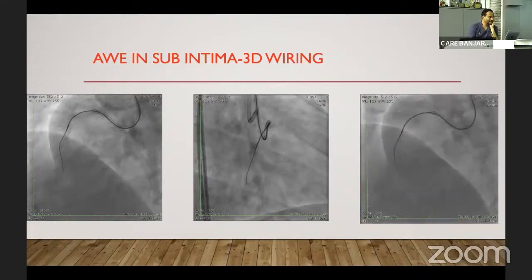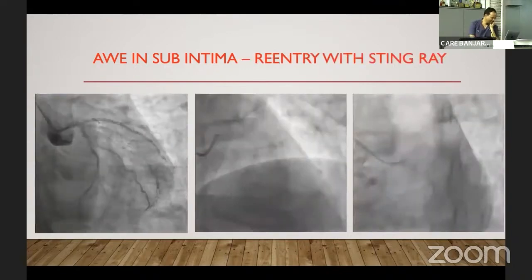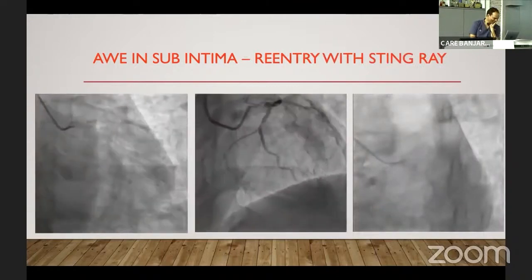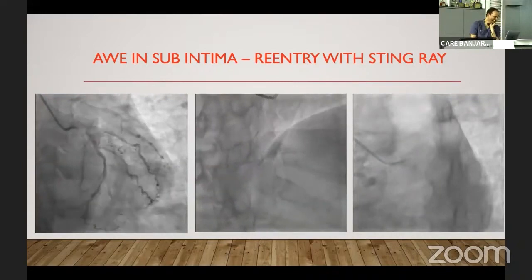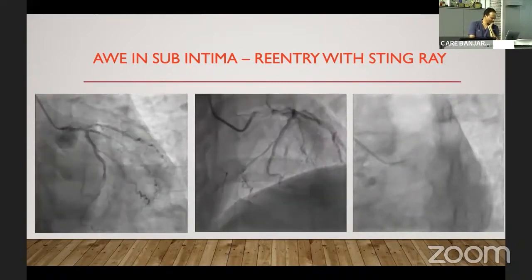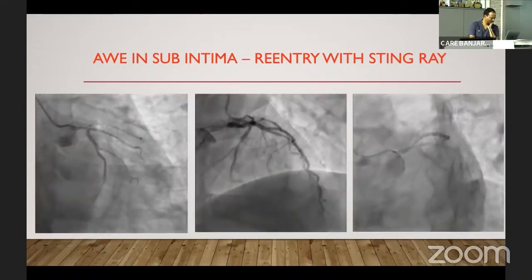So IVUS guided 3D wiring is much easier and much more predictable than simple fluoro guided 3D wiring. So I'll just leave it. In a case like this, Nasra sir, you have to tell me when I have to stop, okay? In a case like this you can see here, it's an ostial LAD total occlusion, and